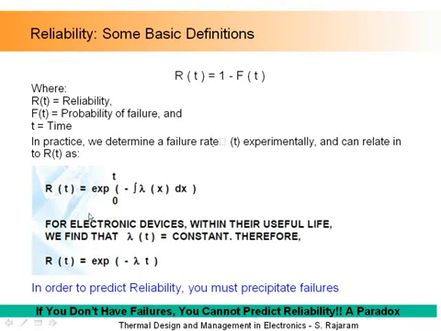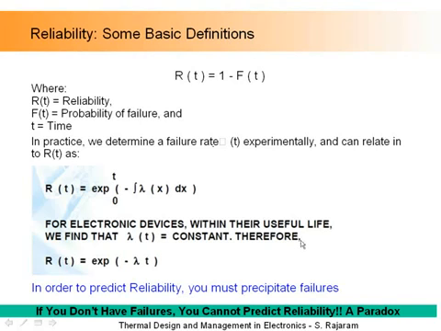And then you can mathematically show that reliability is nothing but this exponential integral from 0 to t of this function. Now notice that if lambda is complicated, this expression can be complicated. However, fortunately for us, for electronic devices in their useful life, lambda tends to be a constant. So when lambda is a constant, this becomes a very simple integral, and R of t is nothing but exponential of minus lambda t. So lambda is called the instantaneous failure rate, and we measure this experimentally.